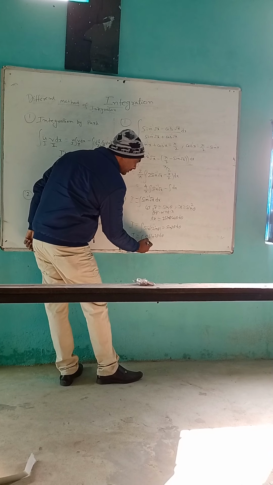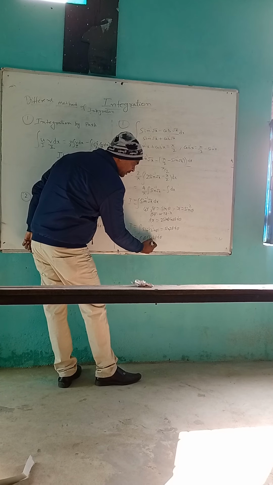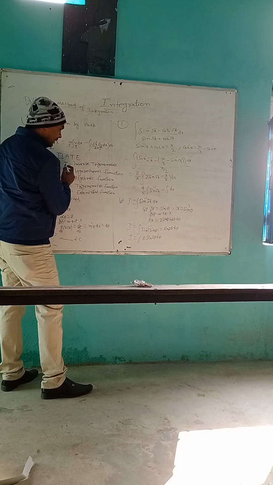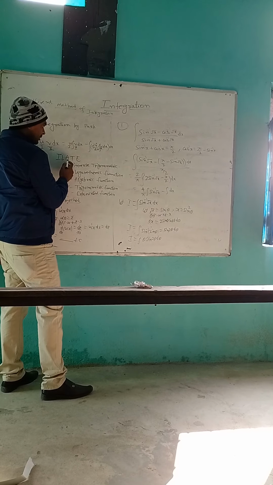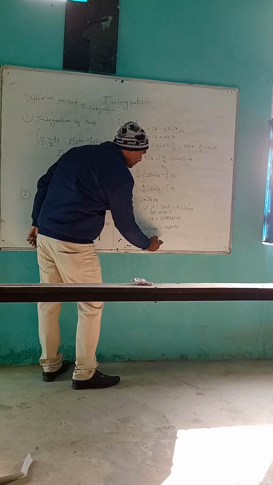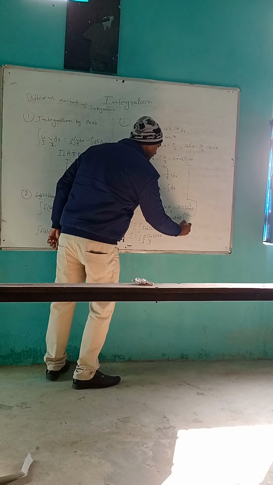Then we give preference. This is an algebraic function, this is a trigonometric function. So according to the ILATE rule, algebraic comes first, this is true. So theta is the first function and this is the second function. So we can write like this: